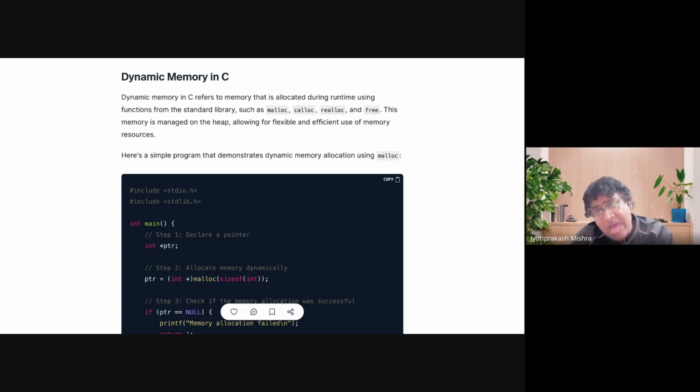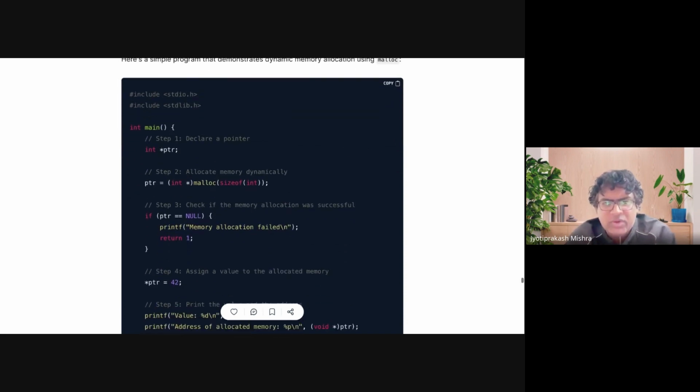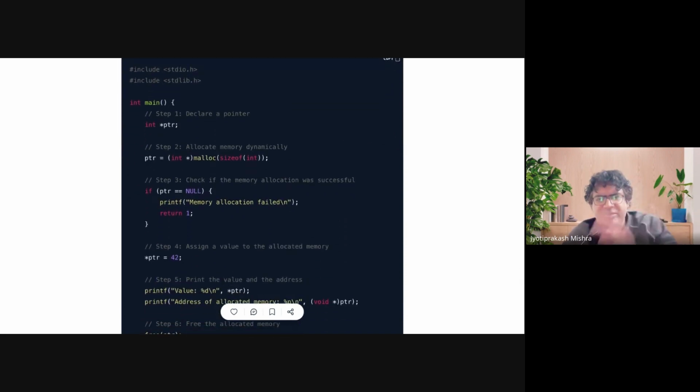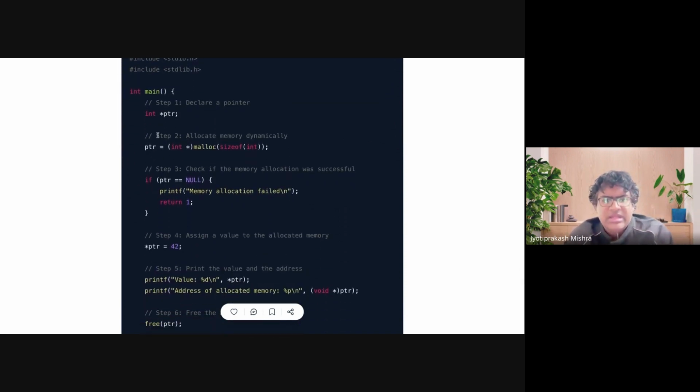क्या करोगे? जगह ले लो। कहाँ पे उसने तुमको जगह दिया? एड्रेस देगा ना कि ये तुम्हारा जगह है, वहां पे जाओ, तुम्हारा घर बनाओ। नहीं बताएगा कौन सा प्लॉट नंबर है, कौन सी गली, कौन से चौराहे पे है, तो फिर कैसे जाके वहां पे तुम पहुंचोगे? तो एड्रेस भी तुमको चाहिए। तो कैसे इसको करें? हमने सी प्रोग्रामिंग में देखा था, फिर से मैं तुमको जल्दी 2 मिनट में बता दूं। यहाँ पे हमने पॉइंटर बनाया, इसके अंदर पता रहेगा कहाँ पे तुमको जगह मिला। और ये जो मैलक है, मेमोरी एलोकेट, ये क्या करता है? तुमको डायनामिकली मेमोरी देता है।